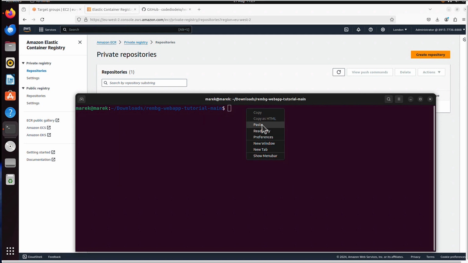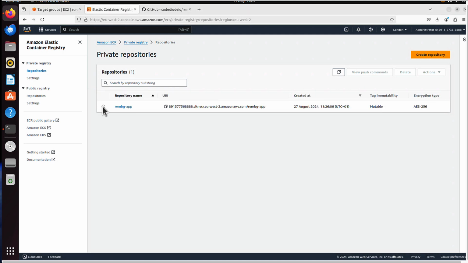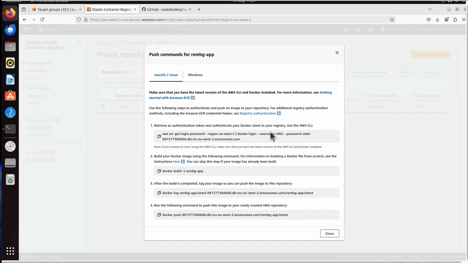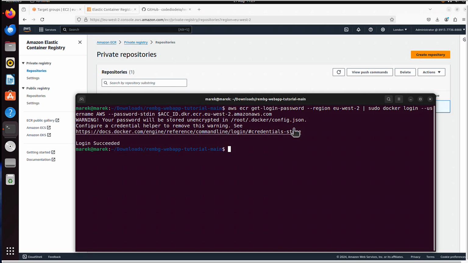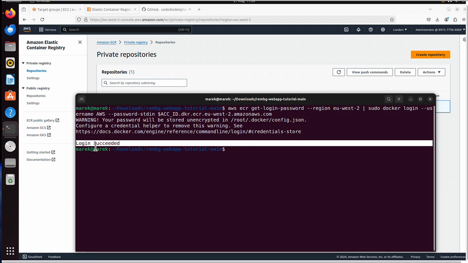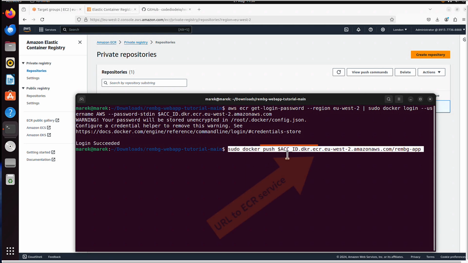So let me clear again. I will run a very long command: aws ecr get-login-password, piped to sudo docker login, and basically you can find that command here. It's under view push commands. That's basically it, alright? I just copied that, but I replaced my account, which is anyways, you can just copy it because it will be filled in with your account number, but I used a variable instead of this number. So let me run it. And the important message is here, login succeeded. That means we are now ready to push our image to ECR. That's the command, sudo docker push.